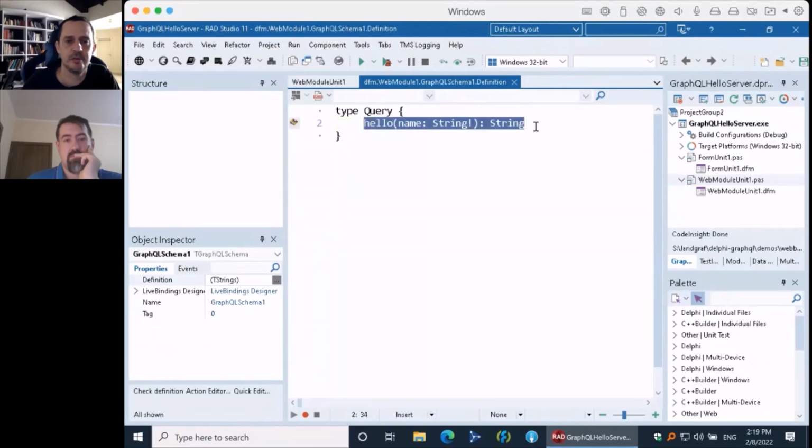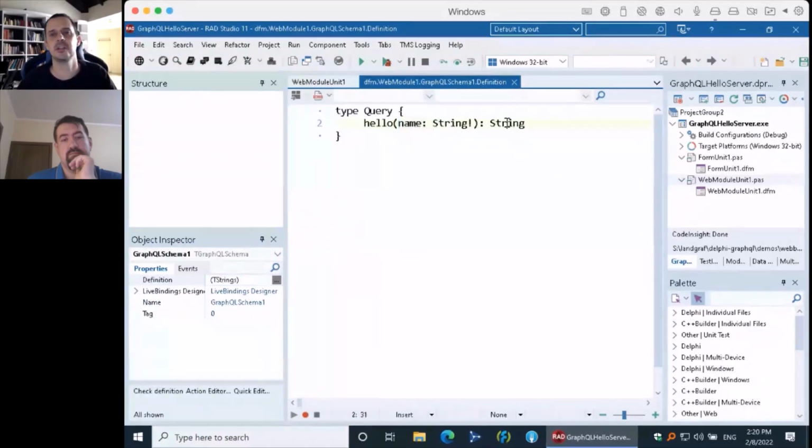We'll have a single field here, a field named hello, which you can interpret as a kind of object method. It's a field hello, which receives one parameter, name, of type String, and this exclamation point here means that name is not null, it is required. And this field here returns also a value of type String, okay?